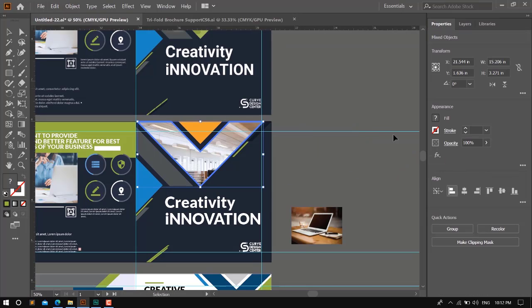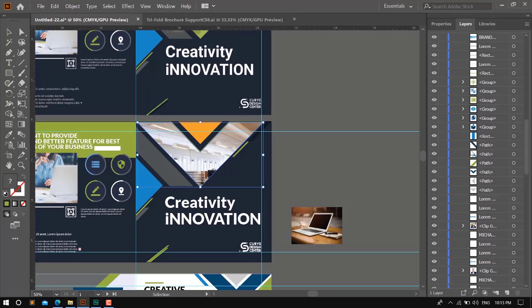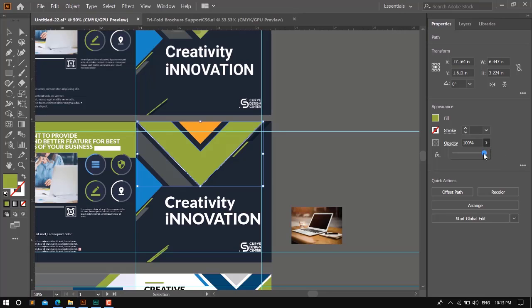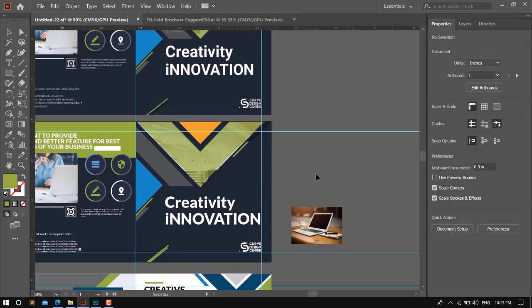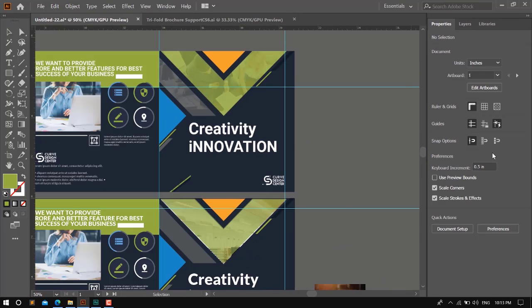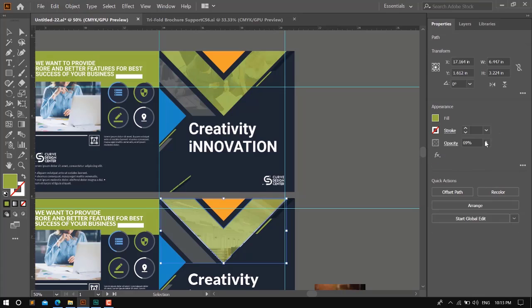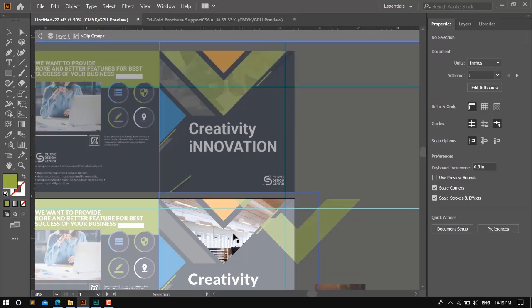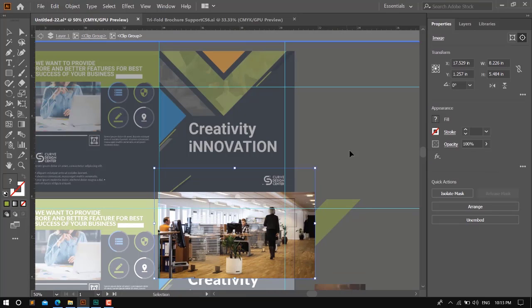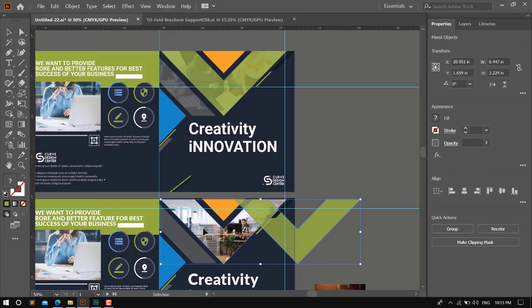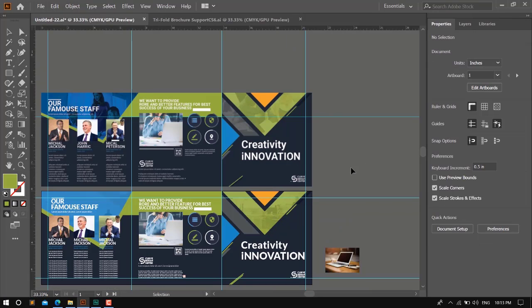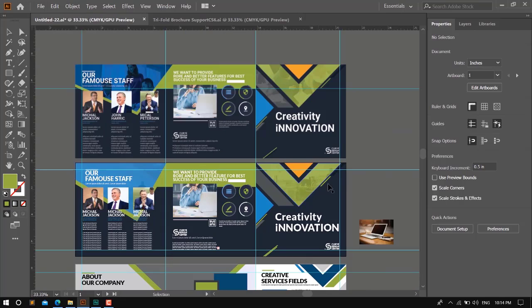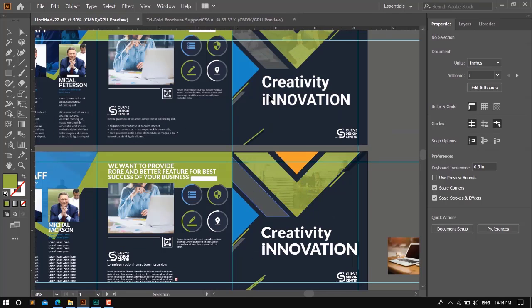And then align, and change the opacity options. You can also place texture in other shapes like this.